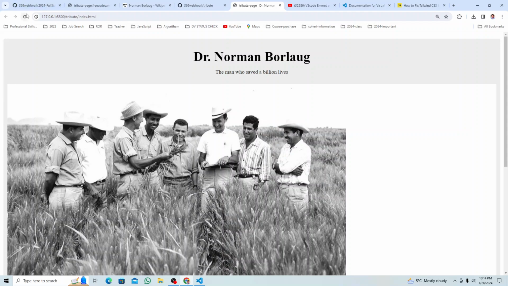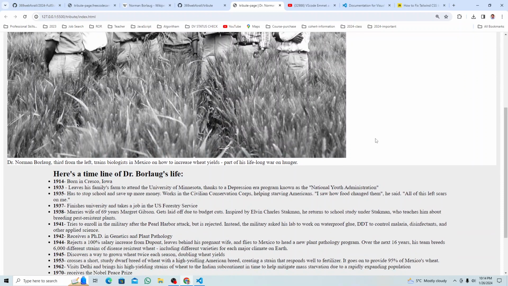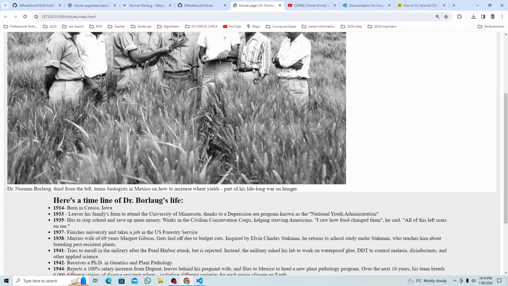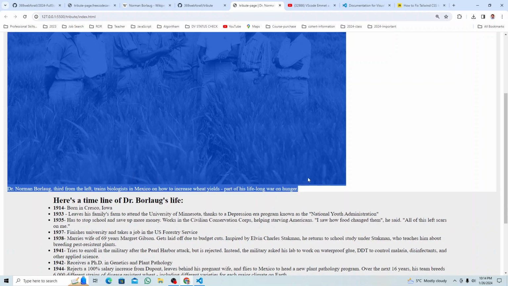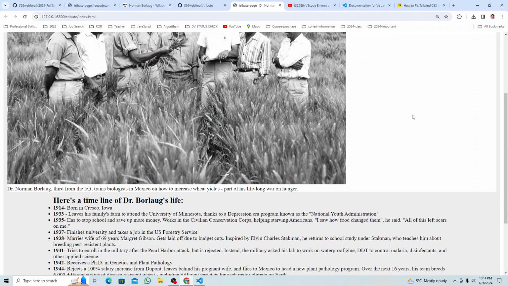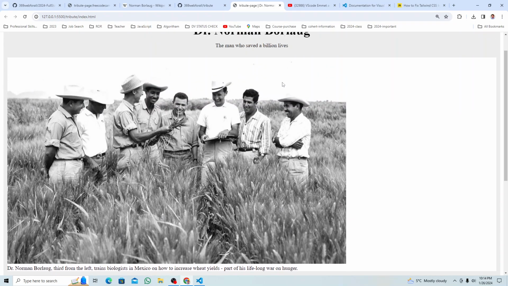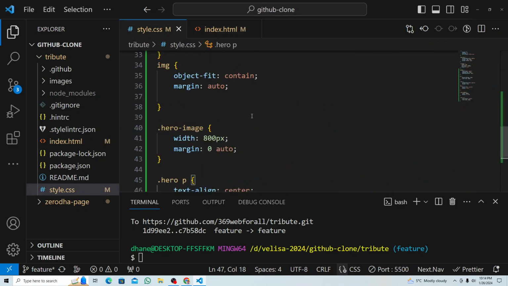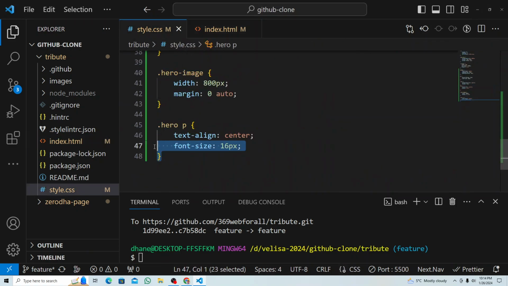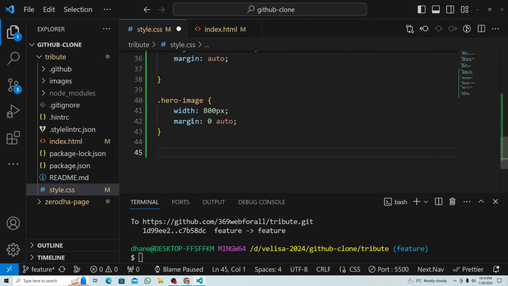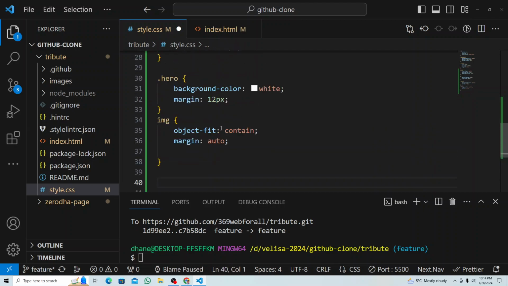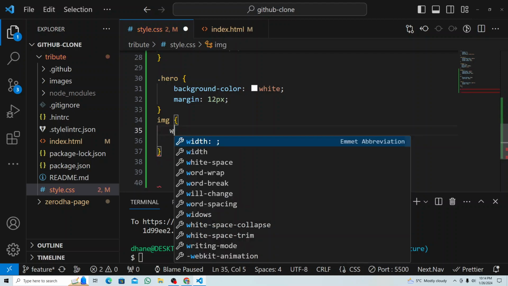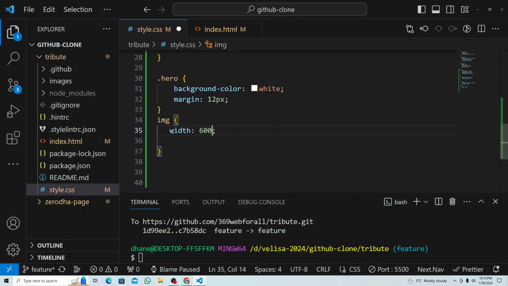So it looks something like this, but we're gonna fix it right now, okay? But see, now the text is exactly below that image, right? Oh, what happened? So what I will do, most likely I will just adjust the size of the image here. I will delete that, no need for now. I don't need this. Even I don't need this. What I will do, I'll just give a width, right? Width of maybe 600 pixel, and then